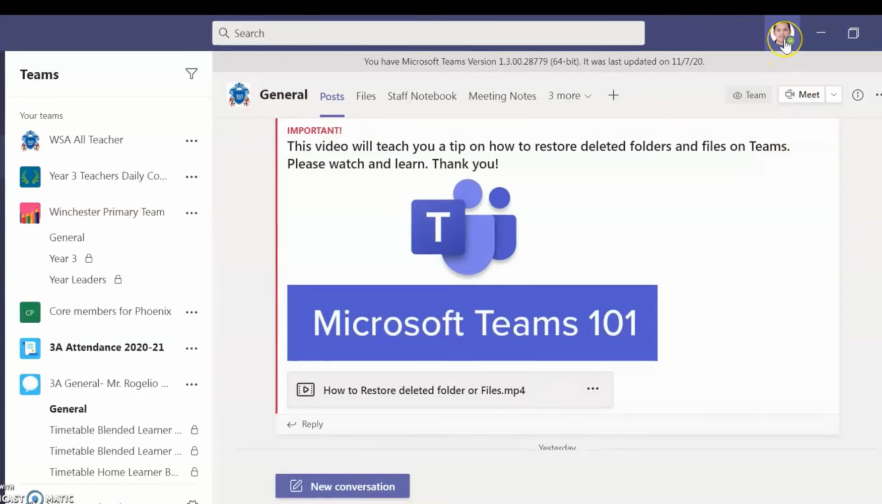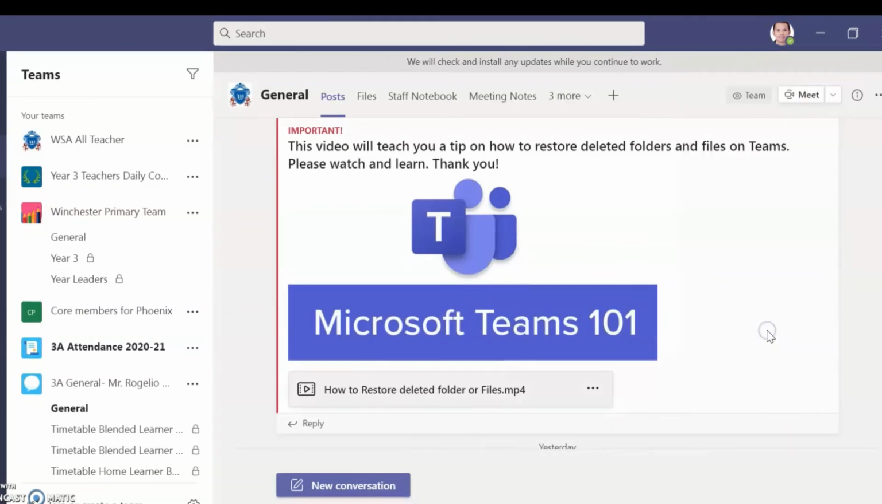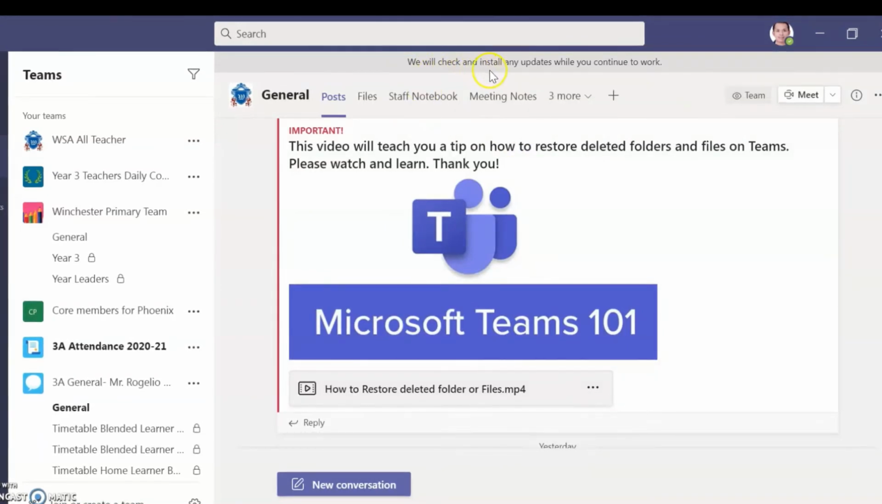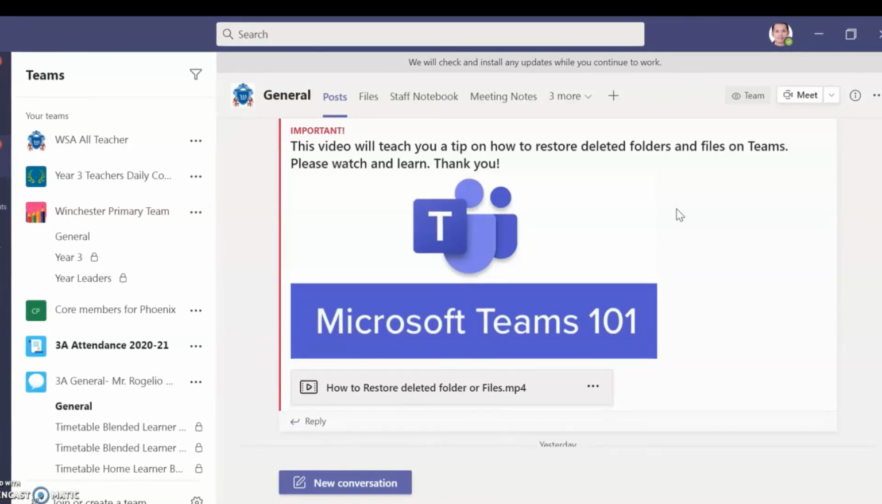Okay, so now if your version is already old and it's been a long time since it was updated, just go to your profile picture again. Then go to Check for updates. Click on Check for updates. Then it will show you another information on screen. We will check and install any updates while you continue to work. Alright, so that will automatically update your version